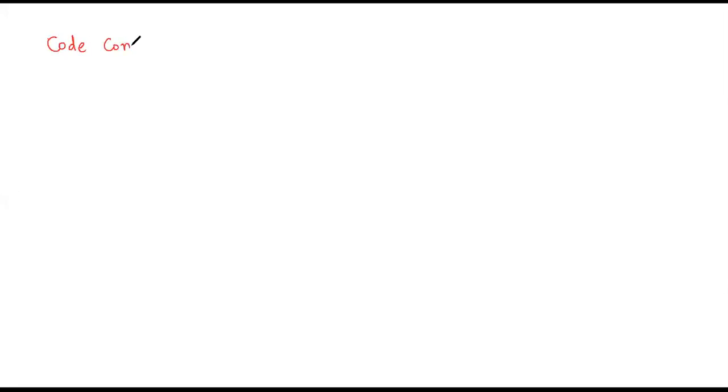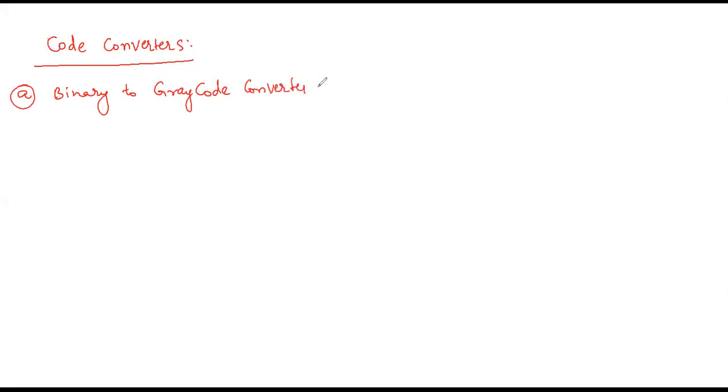Code converters. The first code converter is binary to gray code converter. First we will discuss, in this case, a 2-bit binary to gray converter.